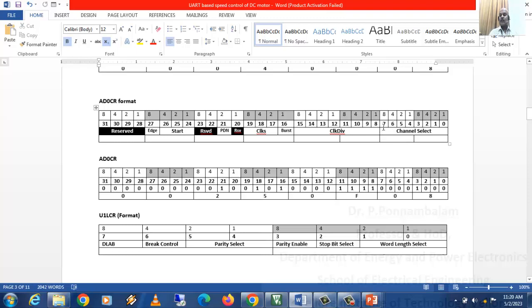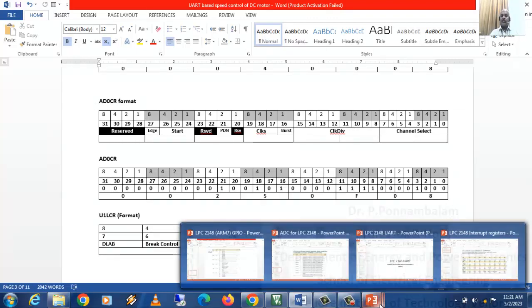So the corresponding bit is connected with the corresponding channel, and this bit is concerned with the clock division. So this decides on